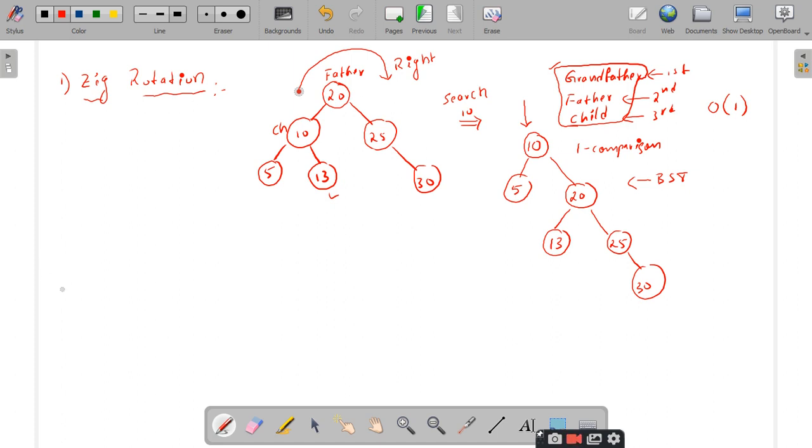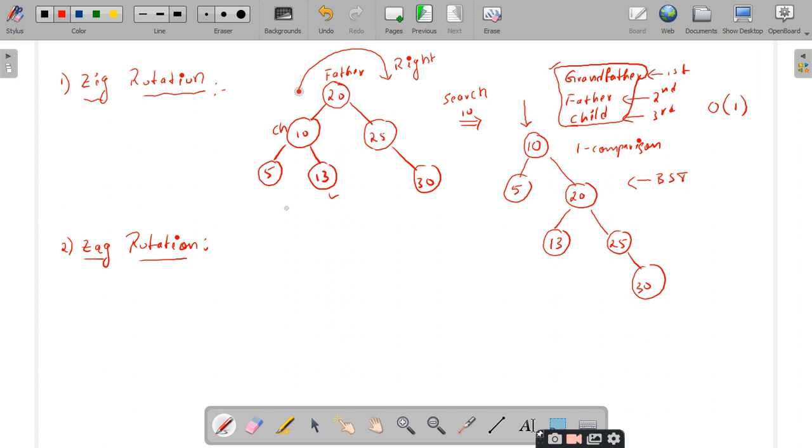Super. Now we'll go for another rotation which is called zag rotation. So you should not write it as left and right when you are giving your examination, right? The terminology, as I told, whenever you learn a new language, whether it is a programming language or any natural language, you first understand the terms, you first make yourself comfortable with the terms.